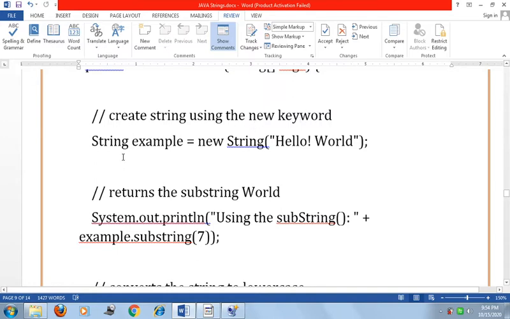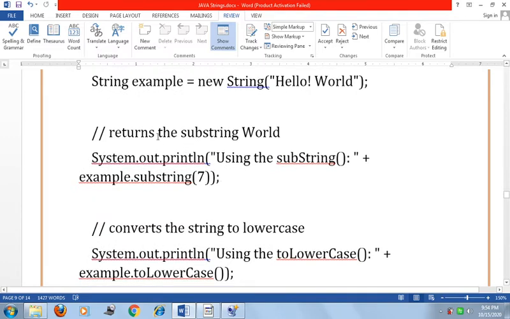So here we can assign string example equal to new string, and here we pass the string. When we return the substring world, we use the substring function, and we pass the value to that particular substring.